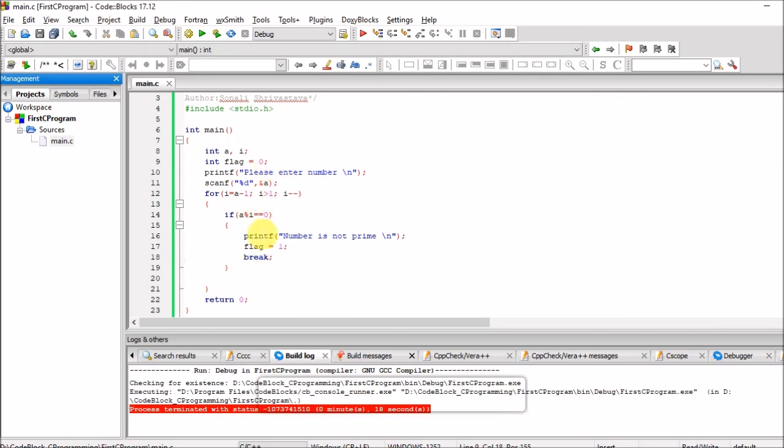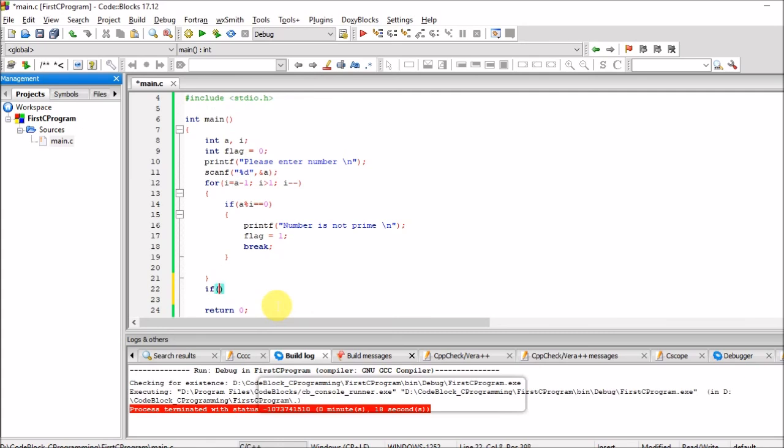What does it mean? Why am I doing this? Because when you pass the input as 6, 6 mod 3 is equal to 0, and you get the message printed, number is not prime. In that case, since my variable was 0, it becomes 1. Then since break is there, it comes out of the for loop. So in this case you got the message for number is not prime. So where is the message for number prime? That is the reason I'm putting this flag. So I will check here that if the flag is 0,